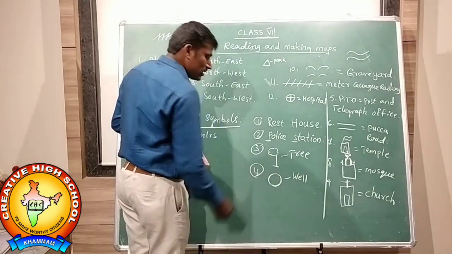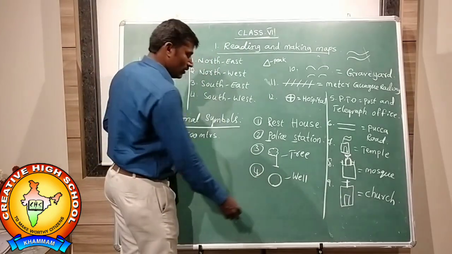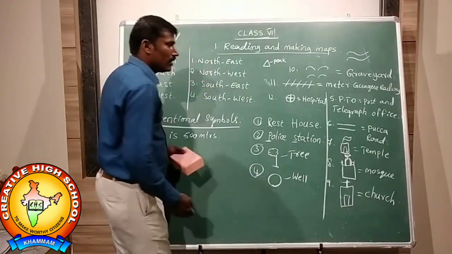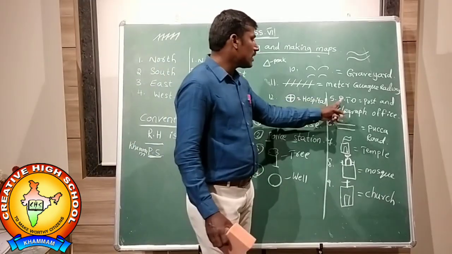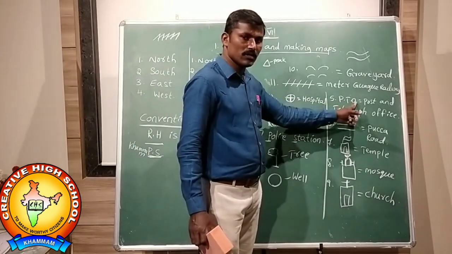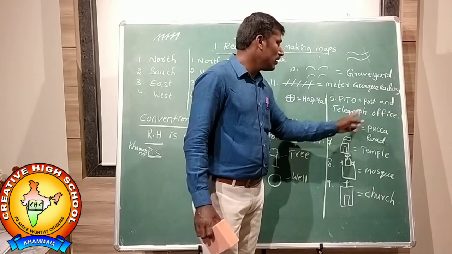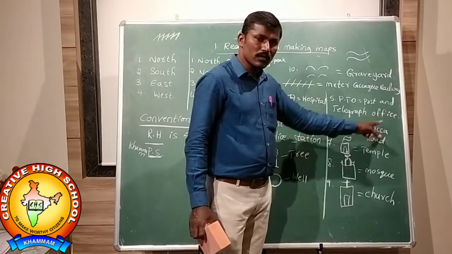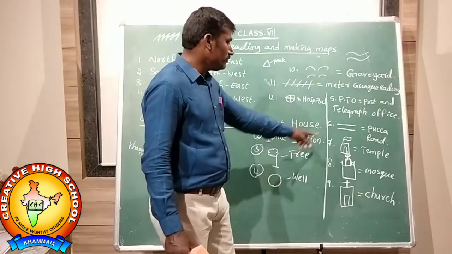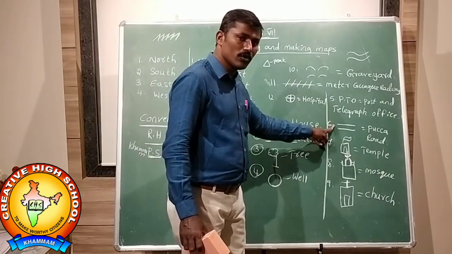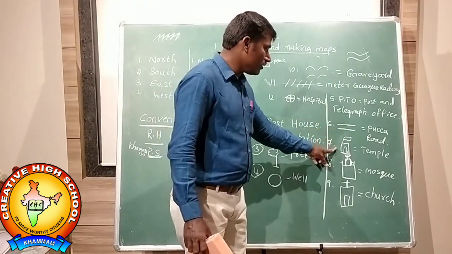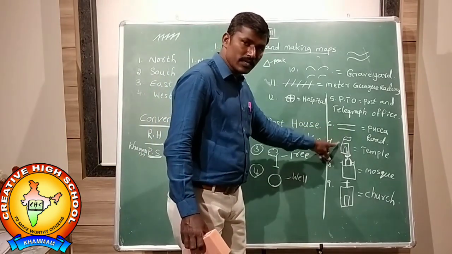This symbol is tree. This is a well. And PTO stands for post and telegraph office. Another one, this is a Pakka road. And this symbol, pilgrimage center,